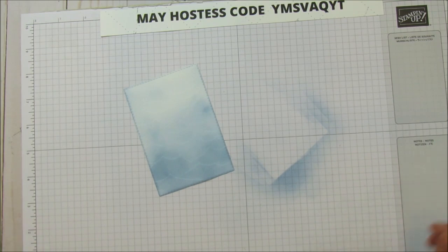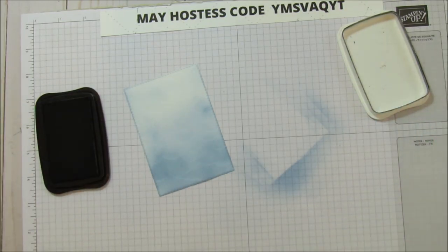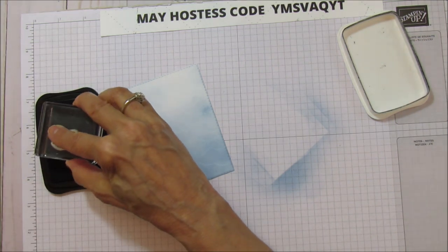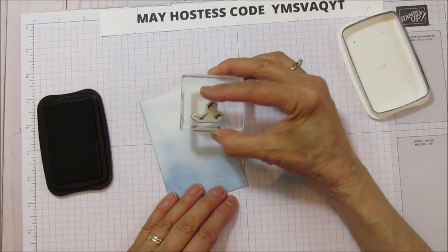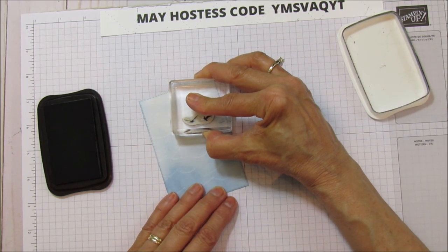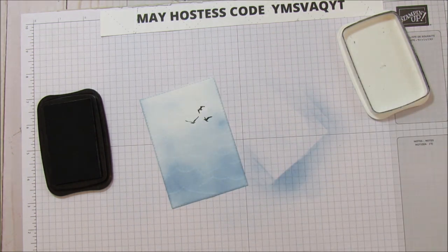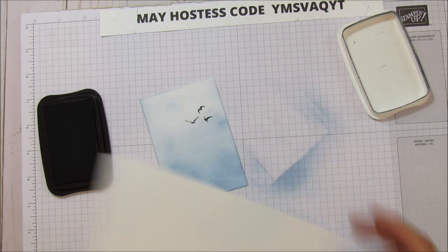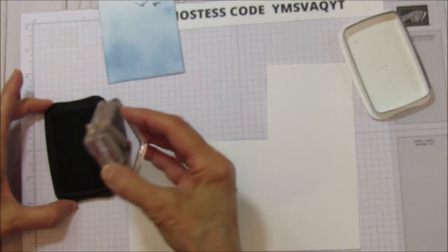And I am going to grab my Memento Black, and we are going to now stamp our birds on. You could stamp the birds on before or after, but it worked fine. I thought maybe at first that it would be hard to stamp on the embossed, but it worked fine. So we're doing the birds. And I'm going to grab my Whisper White I have for stamping here. And we're going to stamp our,